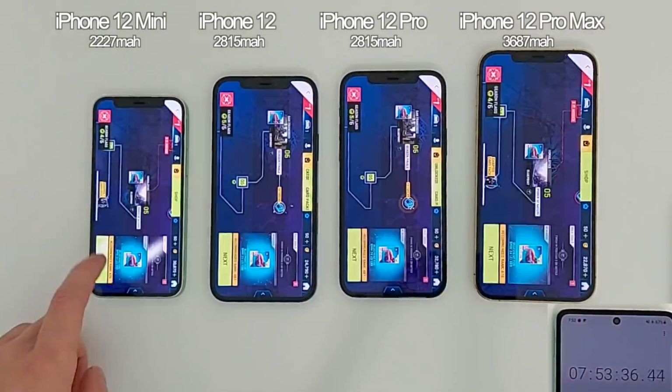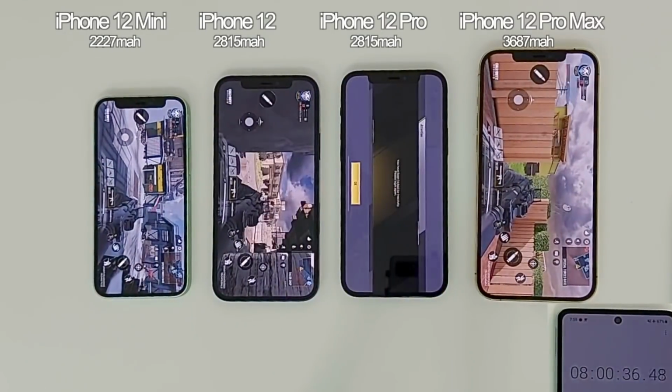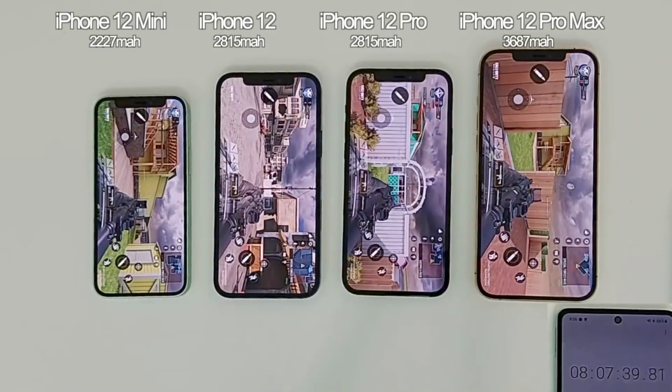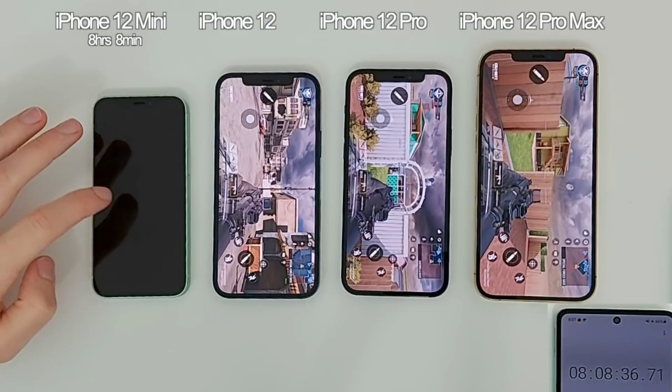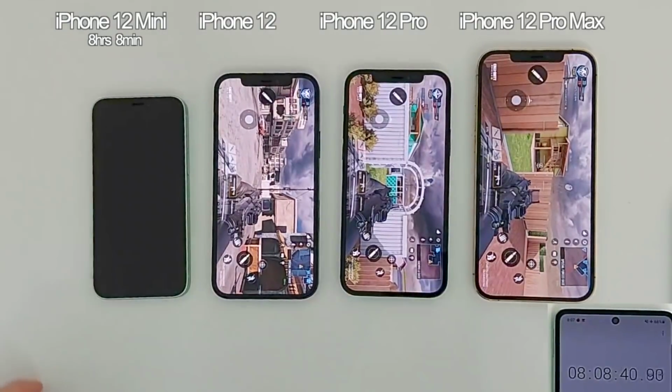I sort of wanted to see if I could push it a bit harder, so I did even jump back into some games like Call of Duty Mobile, and finally, after just over 8 hours and 8 minutes of screen on time, the 12 mini ends up dying on us. To be honest, getting over 8 hours of screen on time under these sorts of conditions with this phone, I